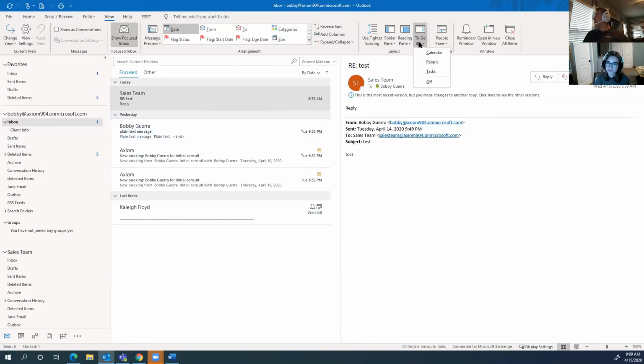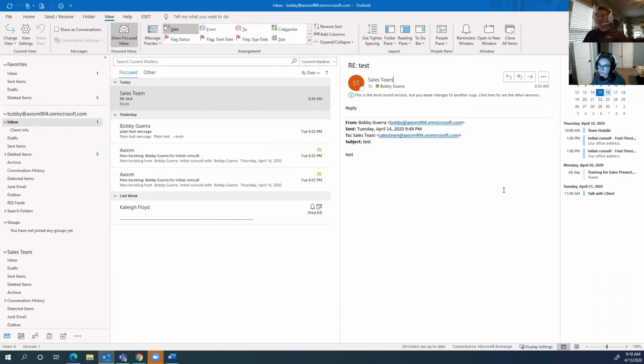Maybe you like to have your to-do lists over here too. So you can have your calendar section over here, which is kind of nice. Sometimes people like being able to see the calendar items on here, being able to see what's coming up without having to keep switching back to the calendar view. So that's, I think, kind of the first tip that I would show: get this the way that you want it to be for you personally, so you can be very efficient with it. So I think that would be the first official tip, is getting the view settings the way you like. And you're not going to blow anything up.